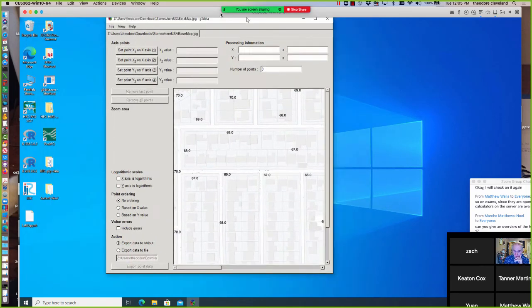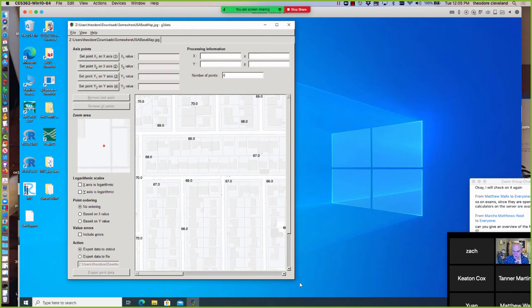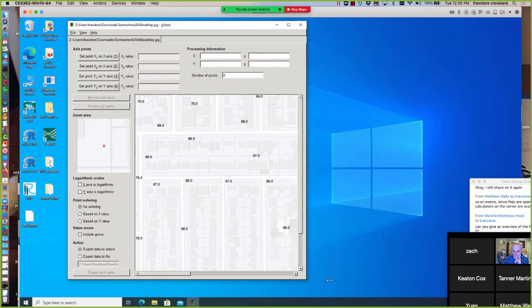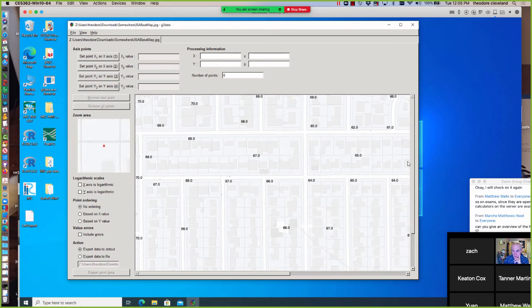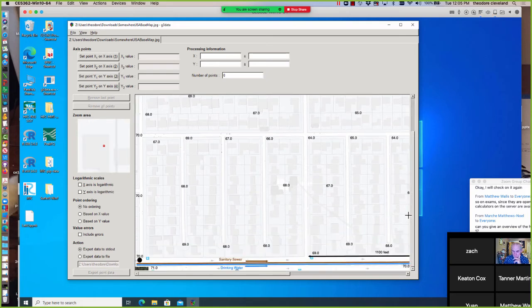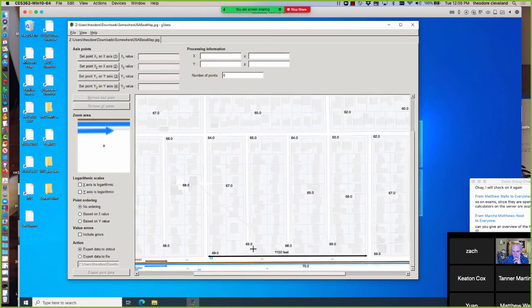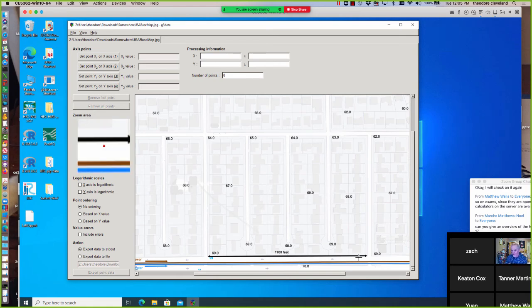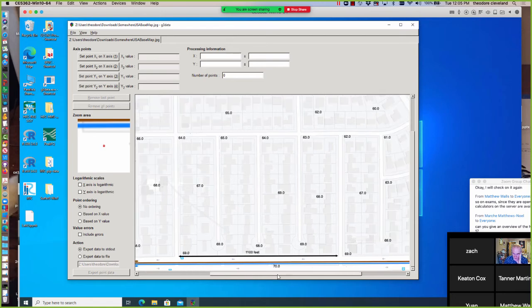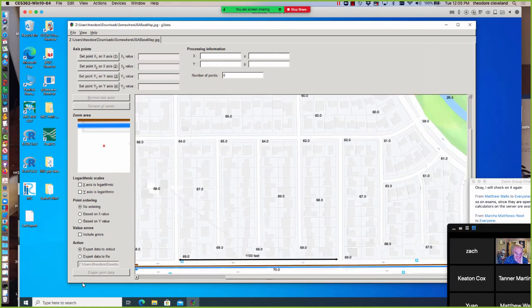So here's my map. And what I need to do is get this length in both the horizontal and the vertical direction. So I'm going to go ahead and roughly translate